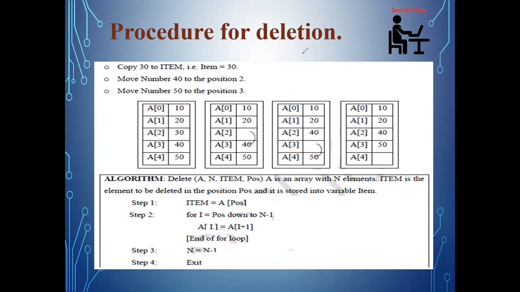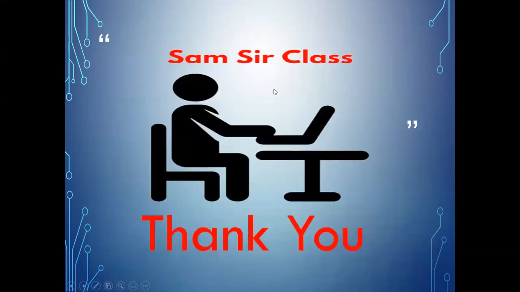Okay, so this is one real-time application of array, that how the elements of array can be deleted. But one drawback again, to update the array value or to remove one array element, we are disturbing all the rest of the elements in the right hand side. Clear? This is what again we can say one of the drawbacks of array data structure. Okay, so hope everyone has understood the concept and try to implement the same.